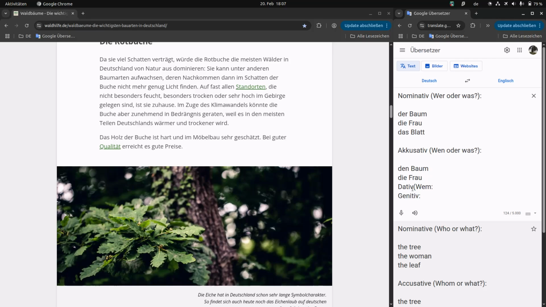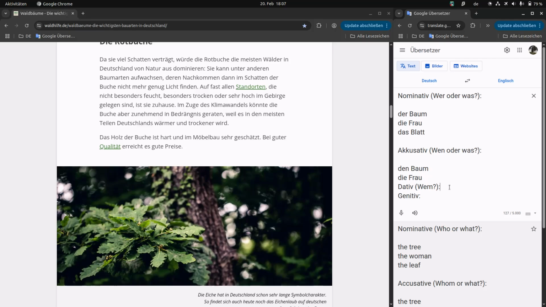I think it's only wem, if I'm not completely mistaken. Wem. Because was gebe ich? No, it should be wem gebe ich das, even if it's an object. Because to a German speaker it sounds like it refers to a person, but you could also say wem, ich gebe dem Buch